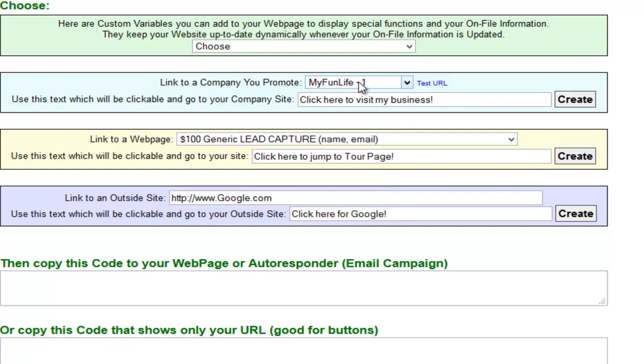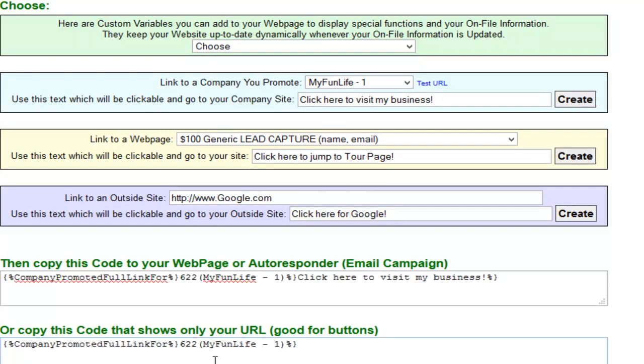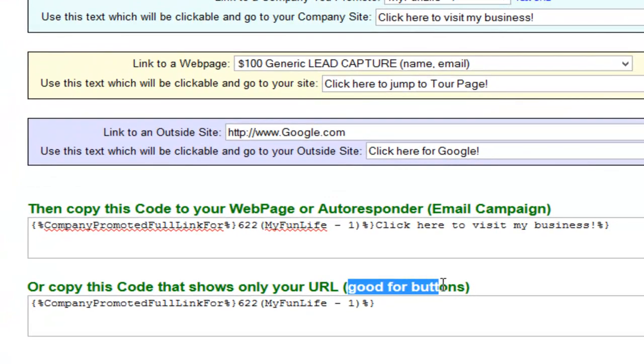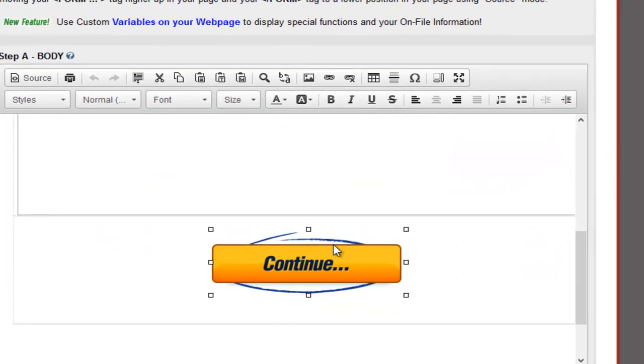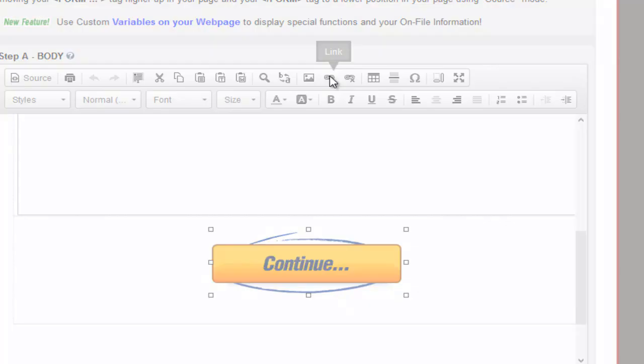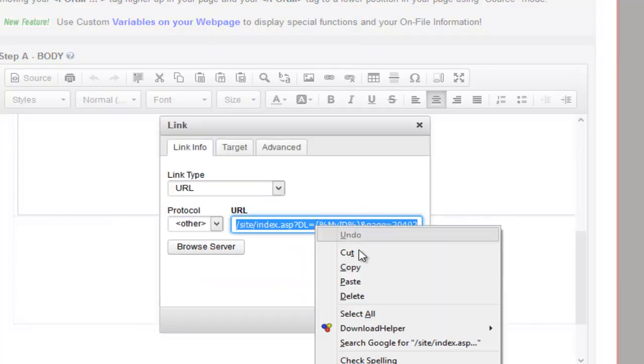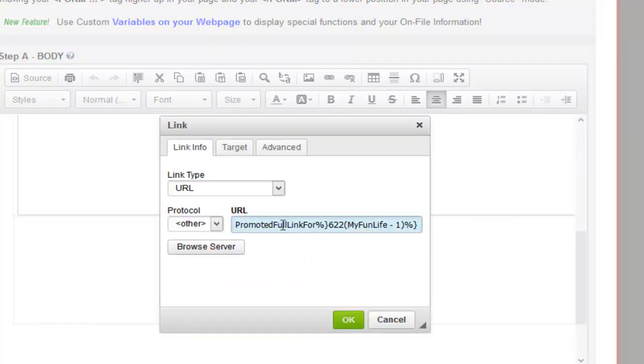So I'm going to choose My Fun Life and click Create. You'll notice right here it says good for buttons, so that's the one you want. Just copy this and come back here, click on the link icon, and paste that code in there just like that in the URL box. Protocol should be other, and the target,